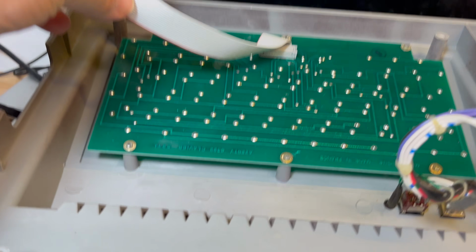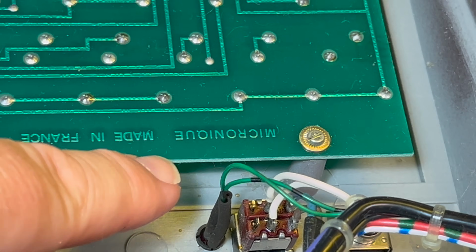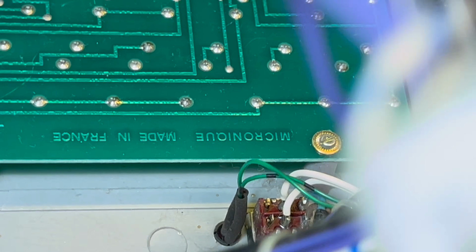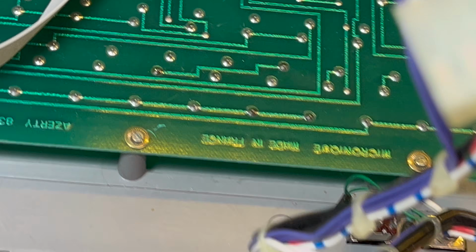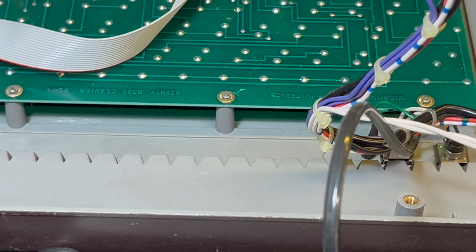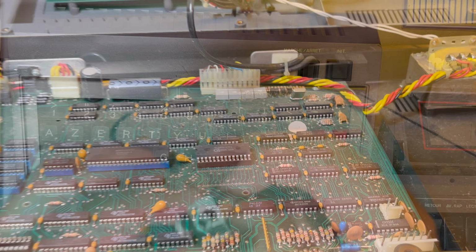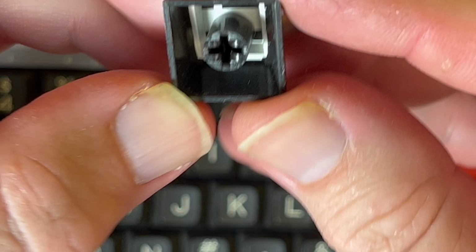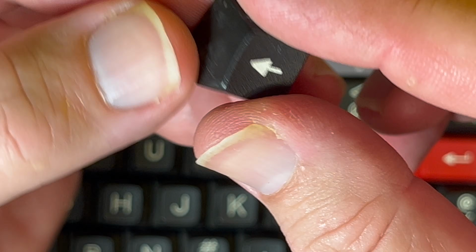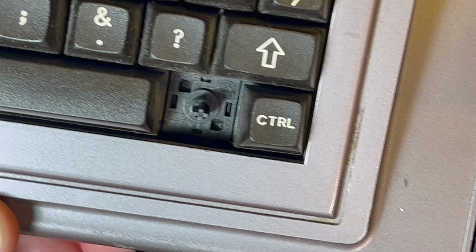There's the keyboard, the Z80, Micronique, which I think is the company that took over, I think. So I'll pull that off and give all those keys a good clean. Actually, I might pull one of the keycaps off just so we can see what the key switches are like. And de-dust all of this. Pull one of the keycaps off. Is it double shot? Double shot? So that's what it looks like. And this one's kind of getting stuck, so I might have to...